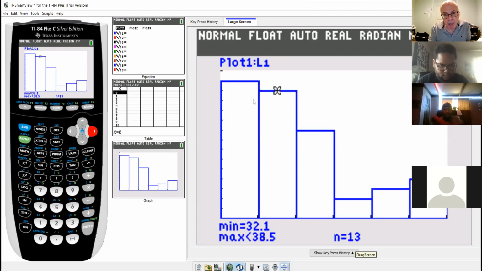So basically, let's just go back to the first class. The height here is 14. Right? 1, 2, 3, 4, 5, 6, 7, 8, 9, 10, 11, 12, 13, 14. If you wanted to count, you could, or you could just simply look and say, oh, 14. That gives you the notches there. All right. Second one has 13 numbers in the data set. There are 13 numbers in that class, class number 2,